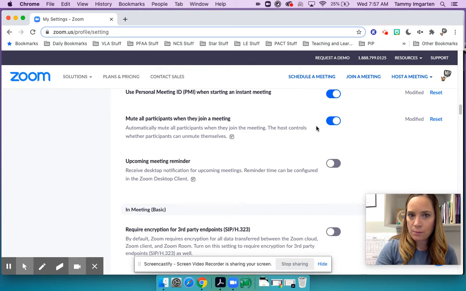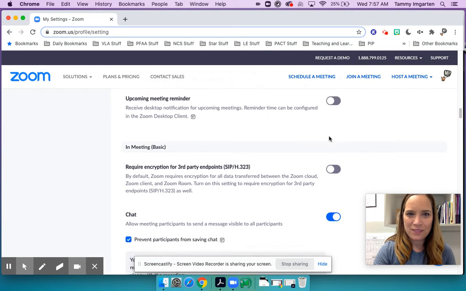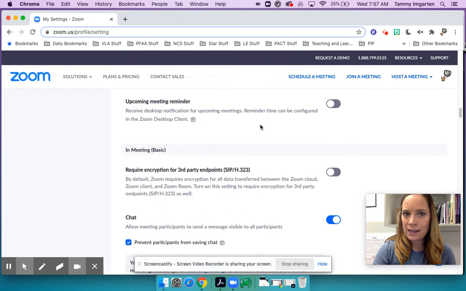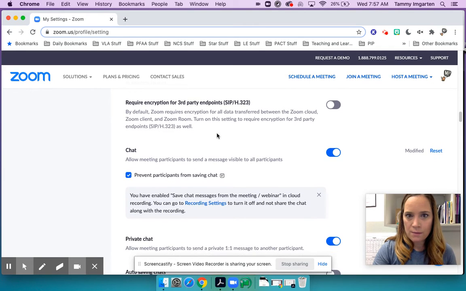It's good practice to have participants muted when they jump into your meeting so that it's not just loud and people are aware that they are unmuted. Would you like to get a meeting reminder through Zoom when you have a meeting coming up? That's all going to depend on how you're setting up your meetings. But if you are scheduling your meetings so that they're active at certain times of the day, then that might be a nice feature where it pops up and says that you have a meeting coming up. Encryption,